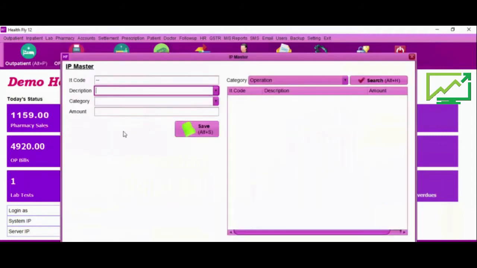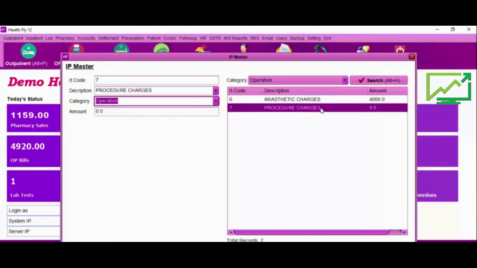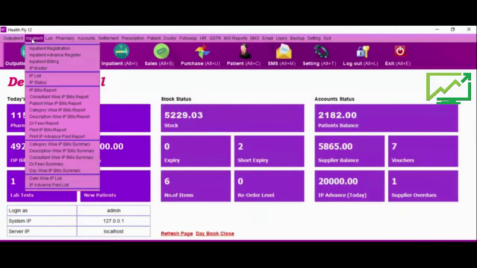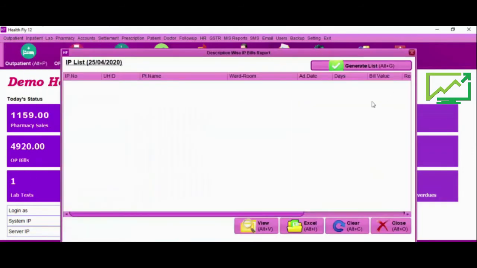IP master. You can create your own master. You can create or you can alter, delete at any time. Reports. Yes, IP list.